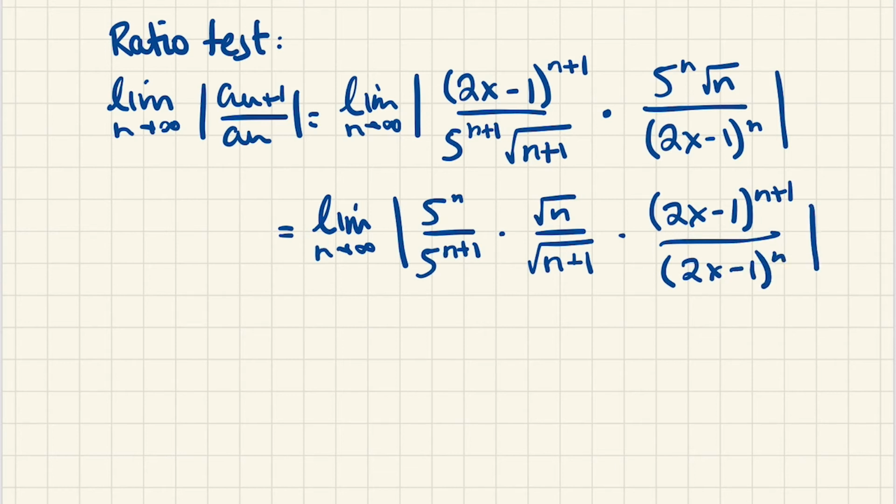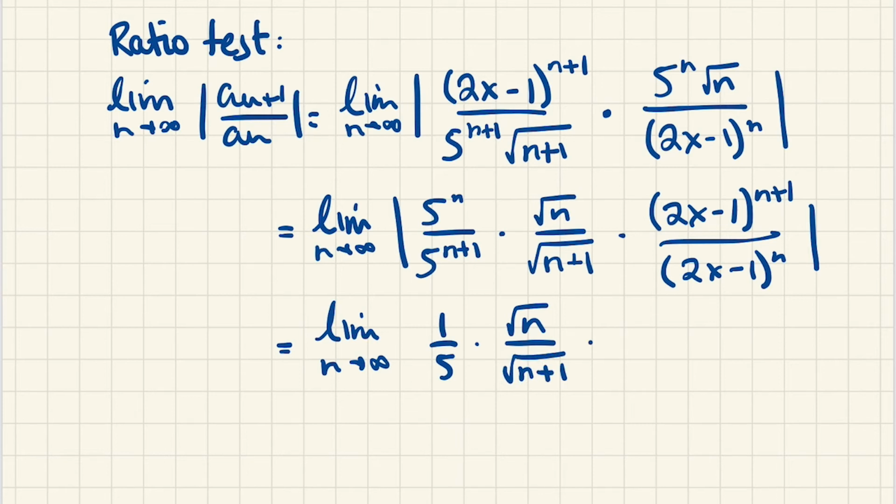So by lining things up with their friends, we can see exactly what's going to cancel, what isn't, and we can also see that the absolute values are going to collapse around just the 2x minus 1 part. So here we get 1/5. No cancellation in the radicals, that's all right. And then absolute value of 2x minus 1. So again, let's remember this is a limit of n, not of x. So only this particular factor here will bear on the limit, and this factor evaluates to 1, which means the entire limit expression evaluates to